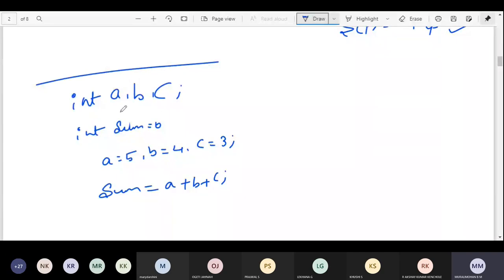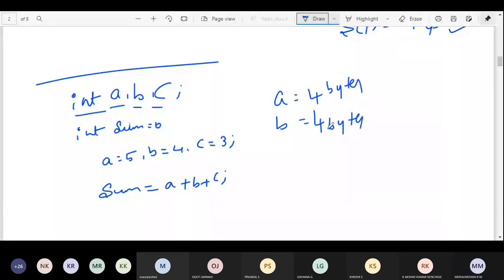So here, a, b, c are all integers. For a it is 4 bytes, for b it is 4 bytes, for c it is 4 bytes. Similarly, one more variable we have here is sum, which is also an integer, so 4 bytes.